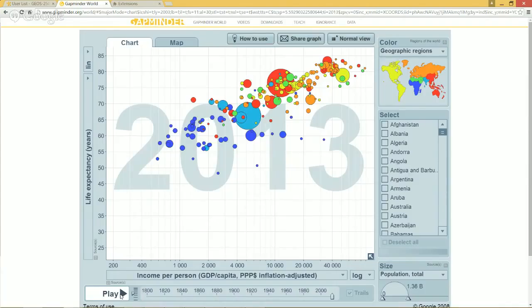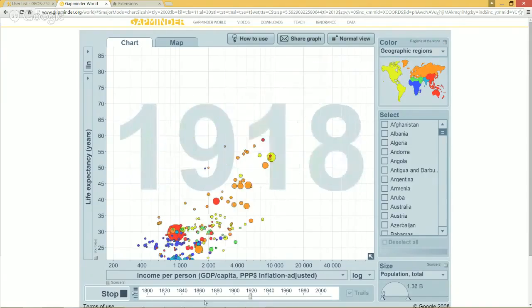But if we look at the overall change or pattern, we can see that many of these countries moved out of this low life expectancy zone, making very little money, progressing up into a world that is kind of flattened off, right? So we don't see these major differences between countries that we saw maybe back in the 1940s and 1950s. And what's really neat is that we can turn on trails, and I can rewind